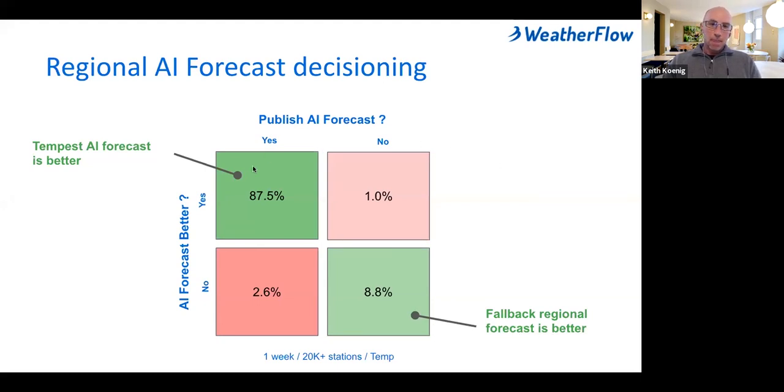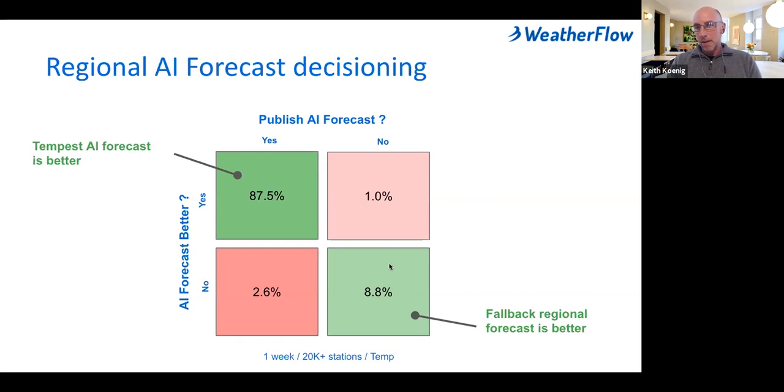87% of the time, we publish the Tempest AI forecast, and based on a post-hoc comparison to the data, it is absolutely the best model. 8.8% of the time, we've made a decision that the AI forecast is not the best one to give to the customer.